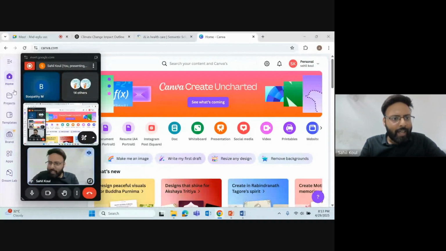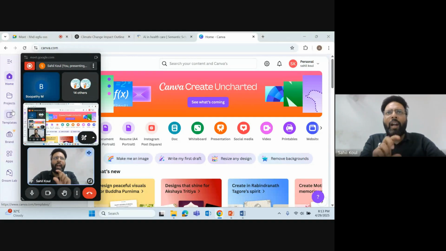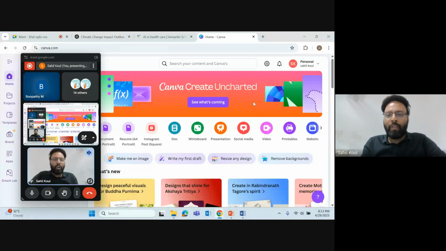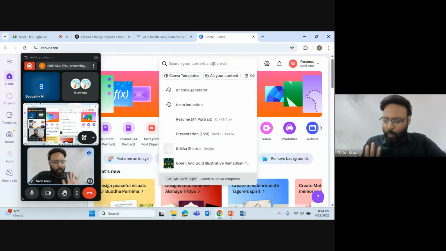So see, this side is your working bar. It has the home, which will bring you to this specified platform. It will have my projects, whatever I have designed. It will have some templates. You can add the layers or add elements from this. We'll see that in the later part of it. So first, let's understand what all we can make. We'll keep it crisp, what design we want to make. We want to make a research poster, let's say, right?